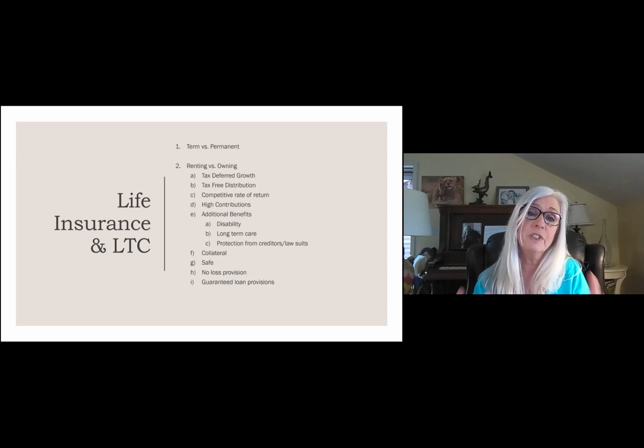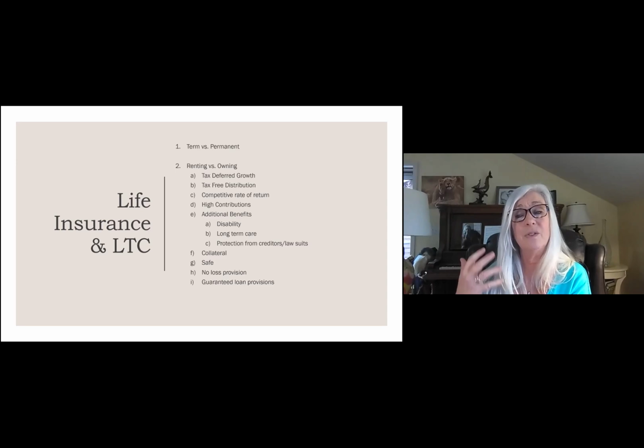You have a contractual provision to be able to borrow against that policy. So if, let's say, as a business owner, I've got a policy on myself that is owned by the company and I'm putting money into it, it's an asset on my books. The cash value of that policy is an asset on my books. So when I want to borrow against that policy, I just call up the insurance company and I say, I want $10,000 as a loan against my policy. They send me the $10,000. So now I've got a loan against my policy, but I've still got cash in my policy earning interest. So I, as an owner, am paying myself back at interest to access that money.